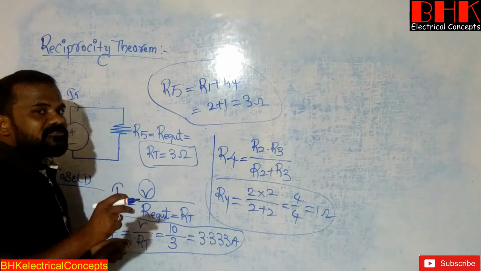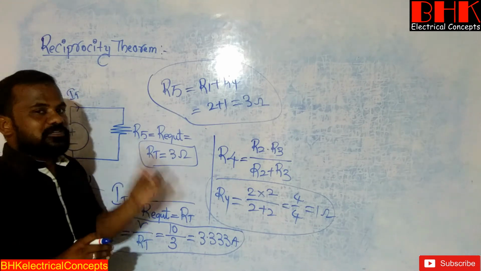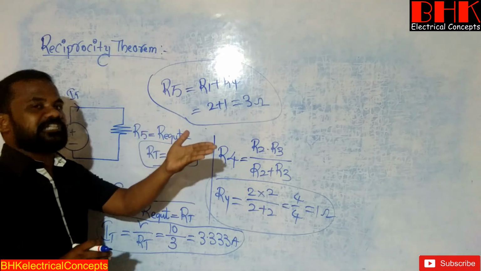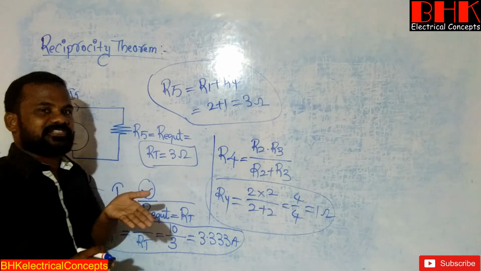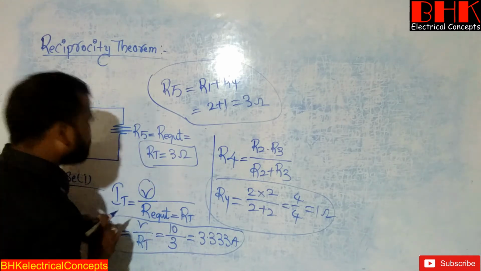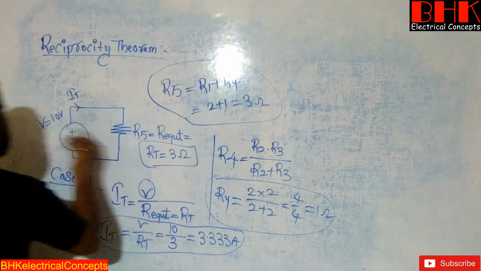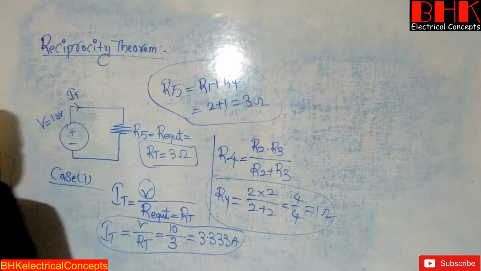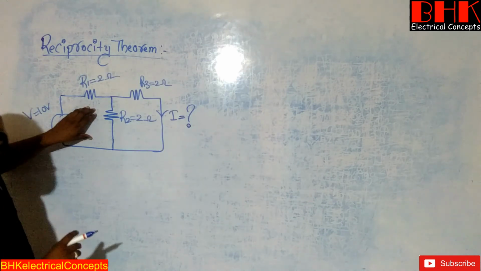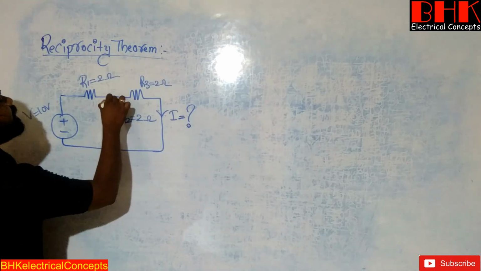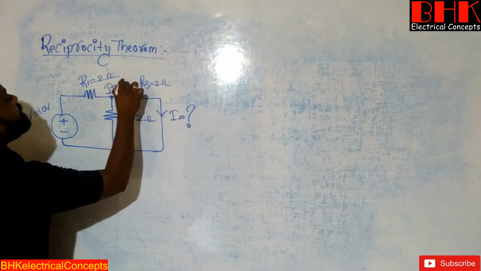So in the current division rule, what is the formula? Total current into opposite resistance divided by addition of resistances. Clear? Now go for the actual circuit to find the value of load resistance. Yes, now this is the actual circuit. Now we know the value of total current. Total current IT is equal to,